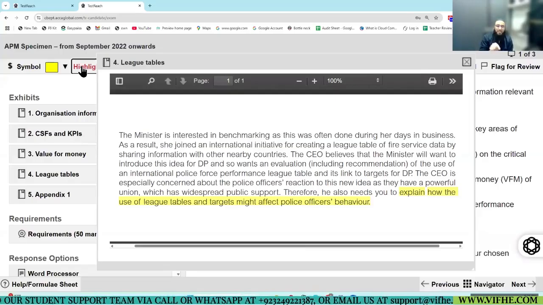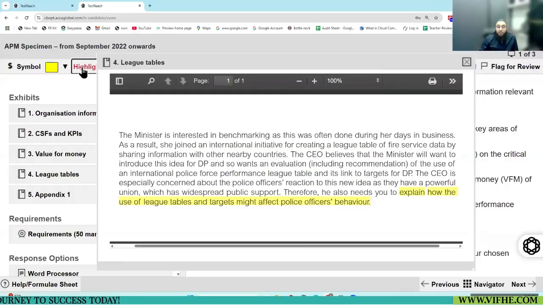It is compulsory that you link with the police service. This is a police service league table. So whatever use of league table you mention, mention it for police service. Whatever challenges you face, you mention those challenges for police service. This is the first part of the answer.